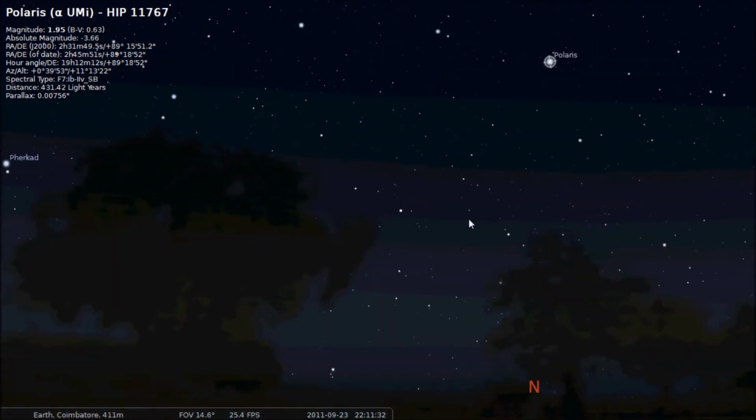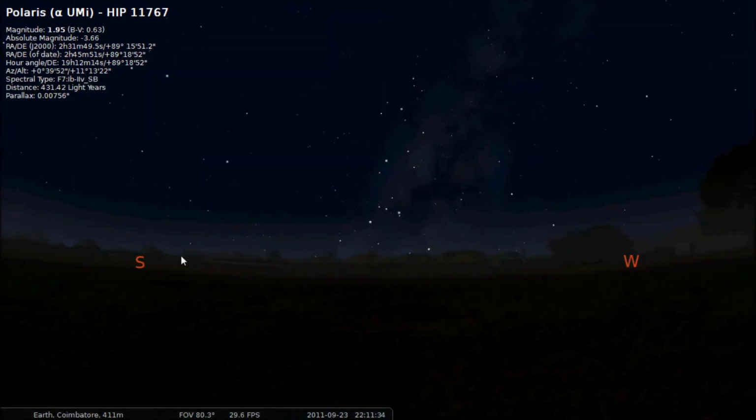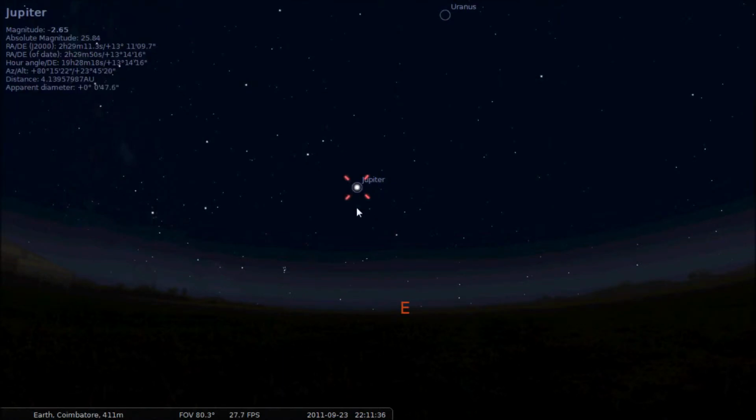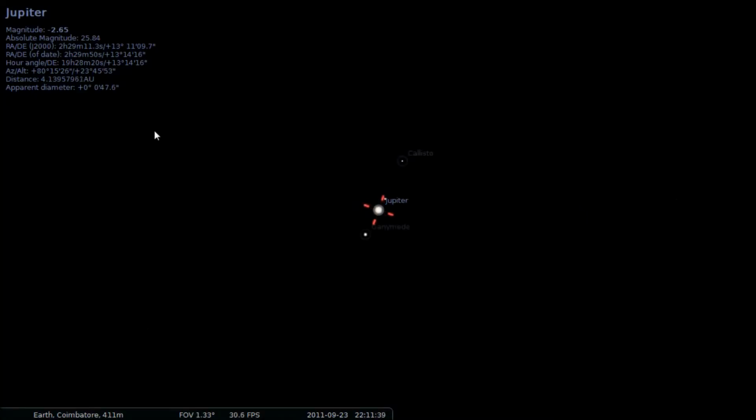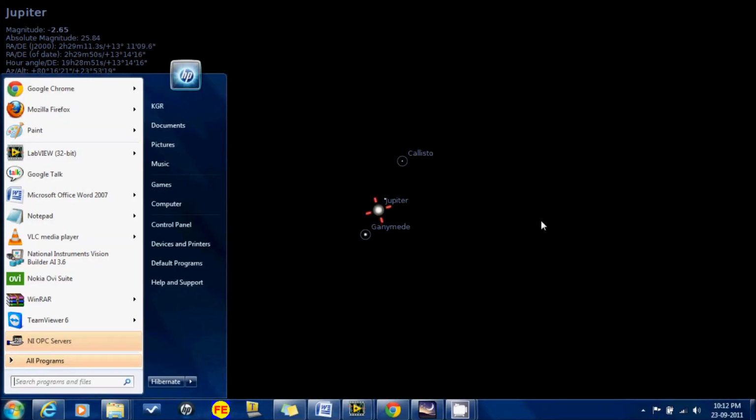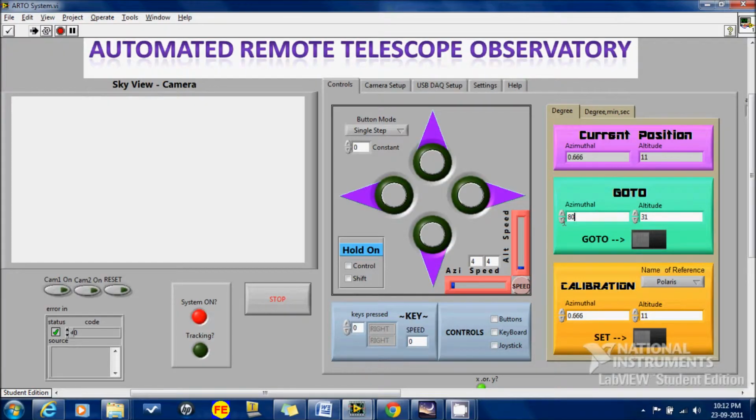Suppose I want to see Jupiter. So Jupiter is at 80 degrees and 23 degrees. These are the approximate values. 80 degrees and 23 degrees. And once I click the go button, the position gets altered.